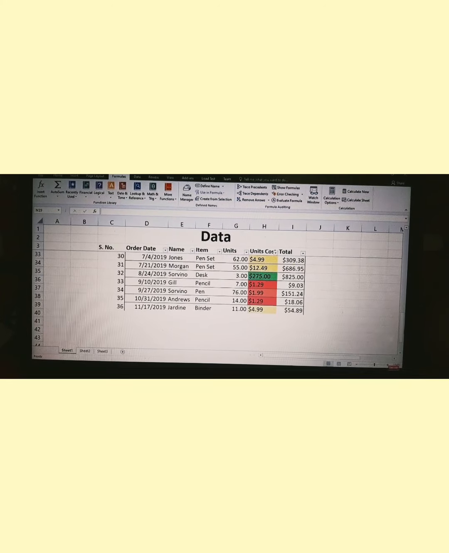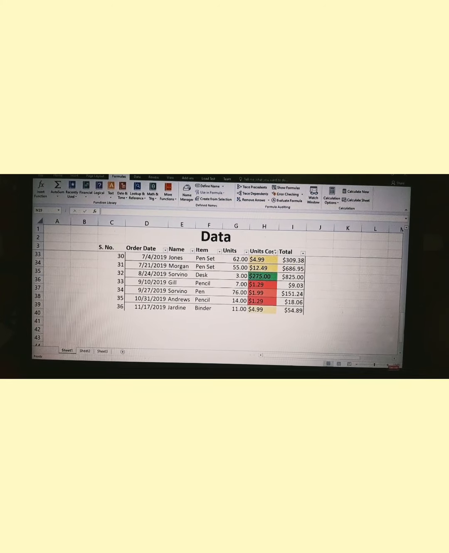For that exact purpose, Microsoft Excel has given us some built-in functions which we can easily use. In this particular example, we are going to make use of the SUM function, because we are going to take out the sum of all the payments.